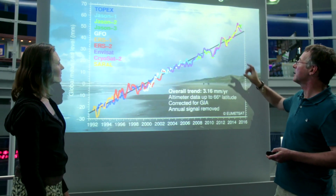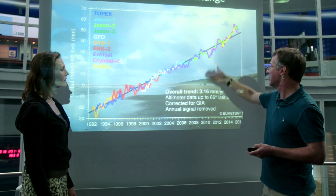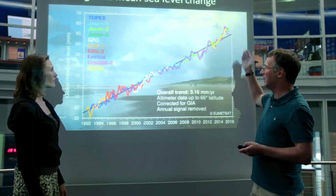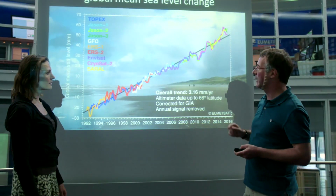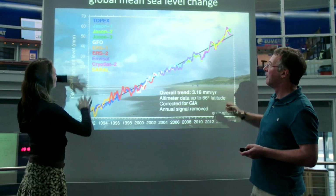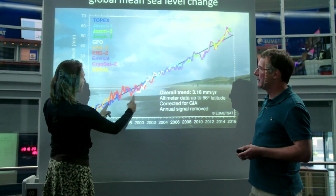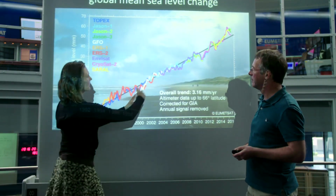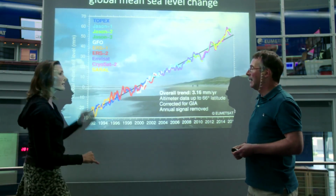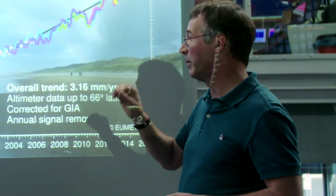So don't focus on just one period, because there are long-term variations. You can see sometimes as much as decade-long variations, but the trend is very clear. And what is also very important is that all the altimeters basically show the same. These are different satellites, so every color on here, the red one goes from there to there, and then the yellow one kind of overlaps with it, so they're overlapping datasets from different altimeters. Yes, exactly, and that overlap is so important, because with the overlap we can compare these